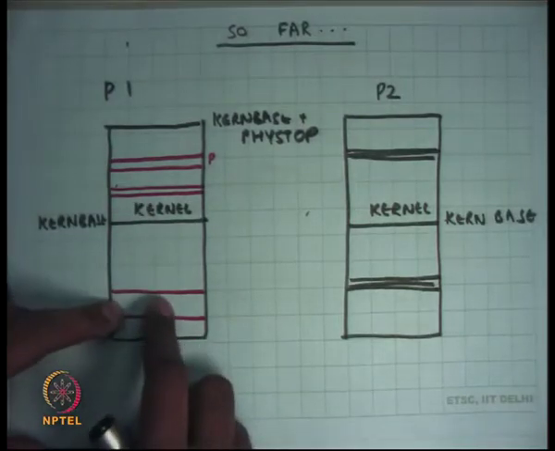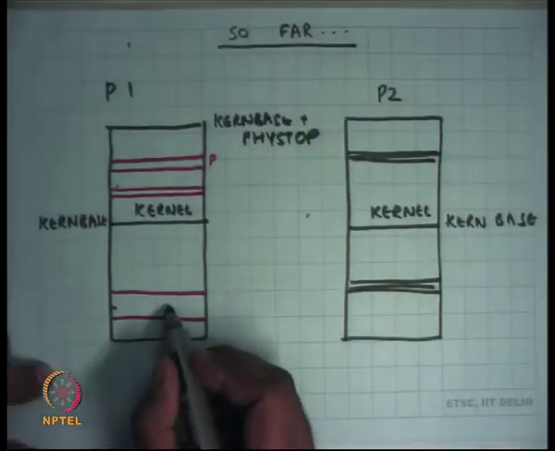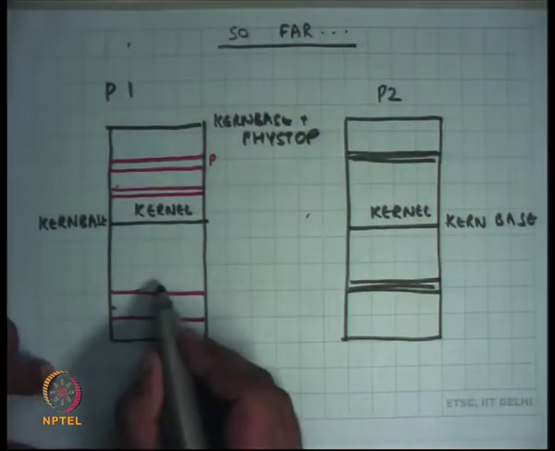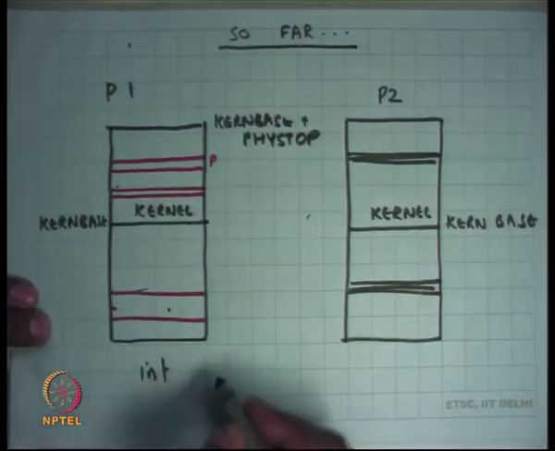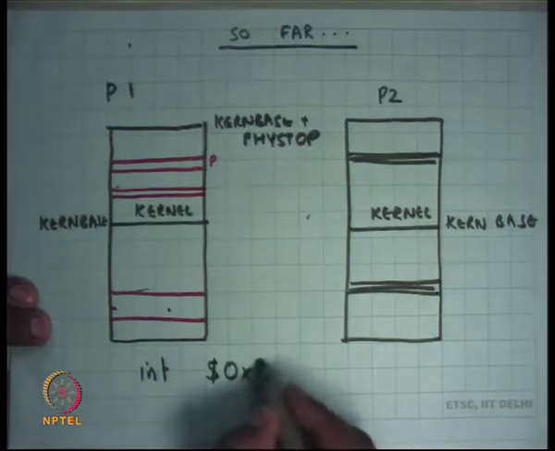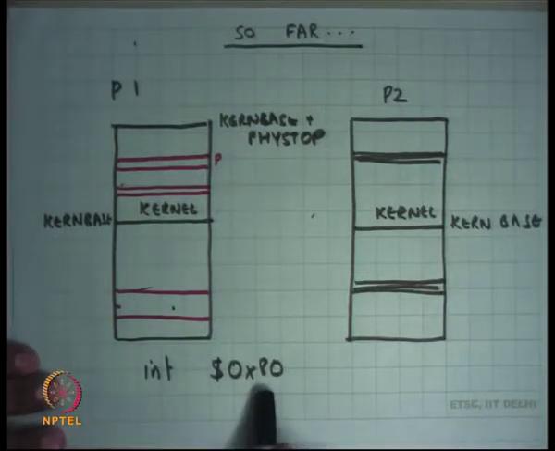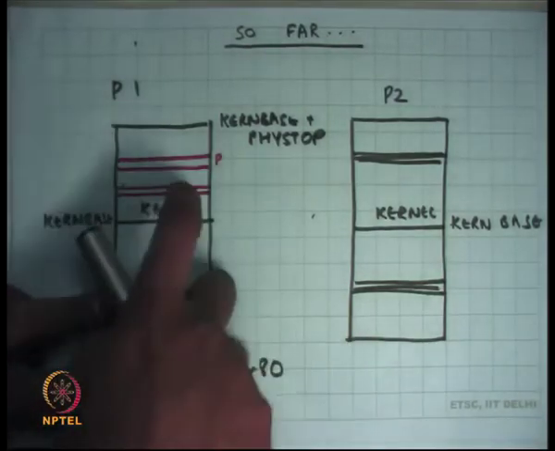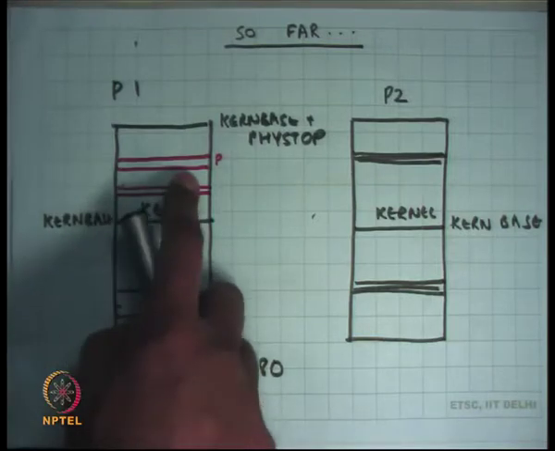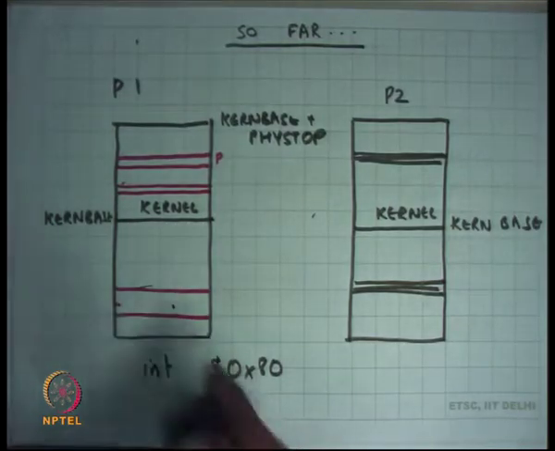Also, we said that if a process needs to make a system call, then some code here is going to execute the interrupt instruction. Let's say it says int some number, which indicates the system call number. On Linux it's the hexadecimal 80 number. So interrupt hexadecimal 80 is going to go through the IDT and transfer control to an EIP somewhere here, and that EIP should be the handler for that particular system call, or the system call in general.